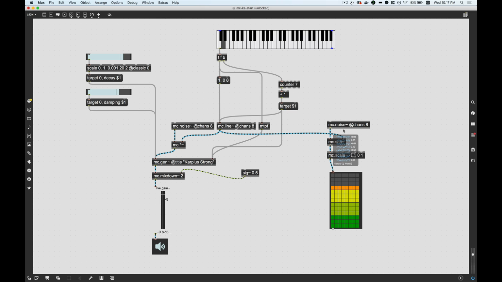So now there's 8 channels of noise, 8 different trigger channels, and you can see 8 channels here, right now all 0.5, but as soon as I hit one of these notes, you can see we're generating a different random value for each one, and then holding it. And if I connect this into the second inlet of MC Mixdown and get rid of this sig here,